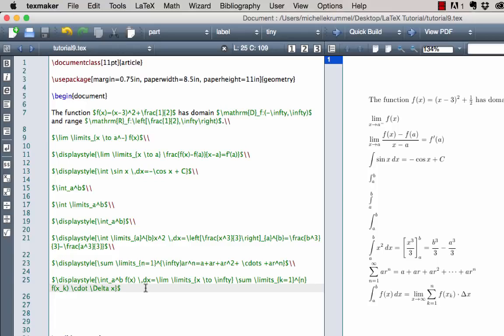We have one last thing to look at that you might run into in calculus notation, and that is vectors. So to get the vector